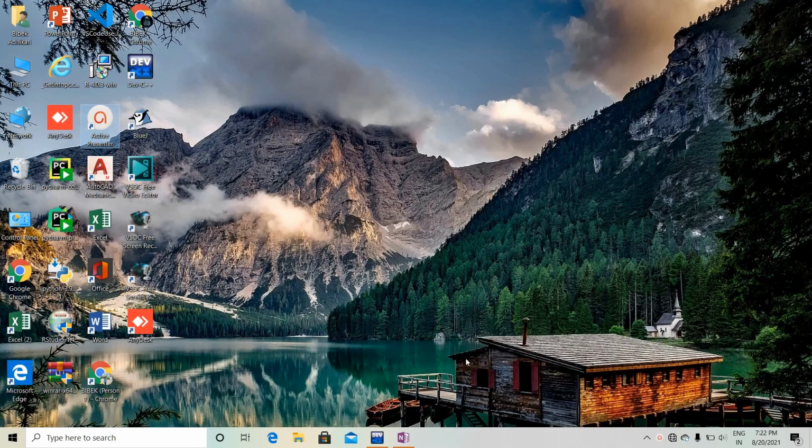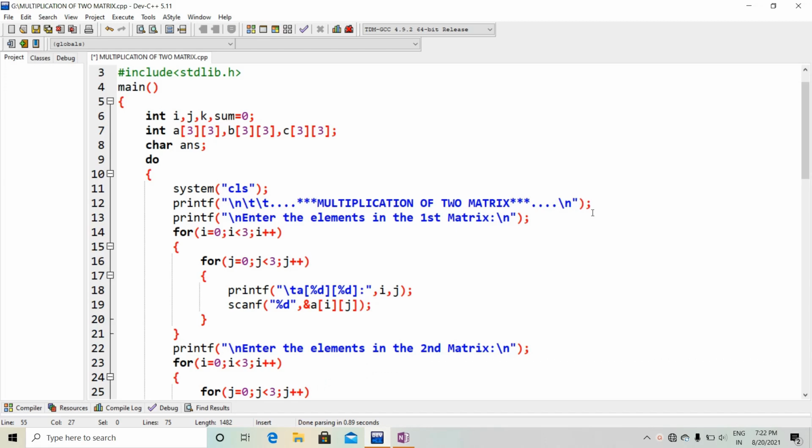So let me open my code block. You can see here, this is the procedure. You have to remember only one thing and I will discuss it. So at first, we have to take three matrices. Here I have taken three matrices: A of 3 3, B of 3 3, and C of 3 3. That means one condition is required here. Only one condition. If you don't maintain this condition, then matrix multiplication is impossible. You have to follow one rule, that the size of each matrix must be the same here.